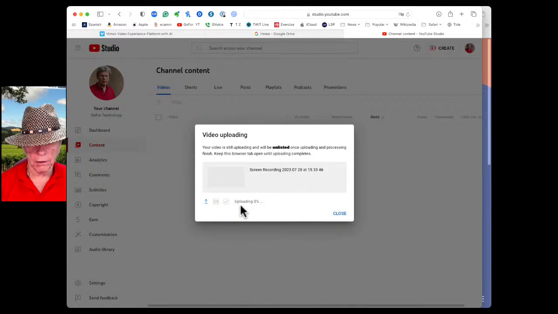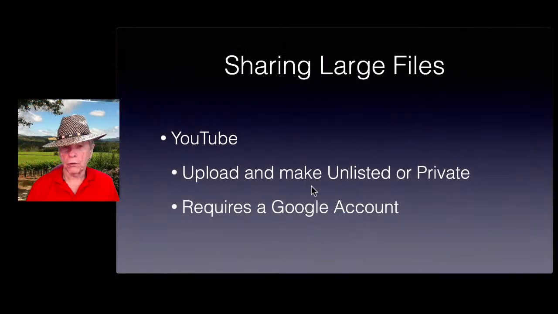And down here it tells you that it's uploading at 0%, which means it really hasn't started uploading yet. So you just go about your business. You can do other things on Safari while this is uploading, and then you can come back and check on it. So that is how you would do it